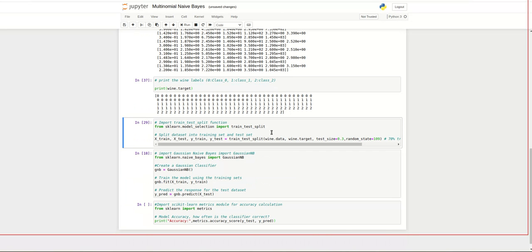Then we import train_test_split. This is useful for dividing our dataset into train and test. So we get X_train, X_test, y_train, y_test. Basically, train is used for training on the dataset, and test is used to test and find the accuracy, that is, how well our algorithm performed. Then test size 0.3 means 70 out of 100, so 70% is the train dataset and 30% is test, and random state 0. Then we load it.